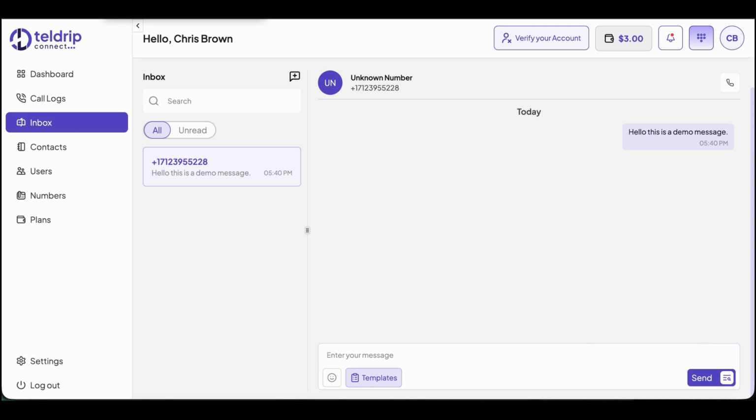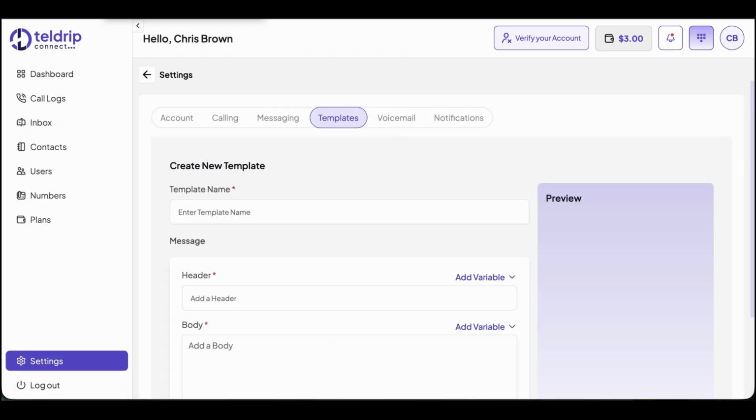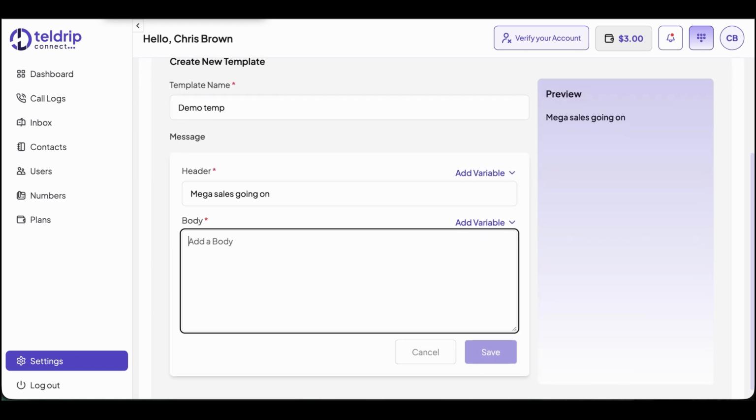Now in messaging, there's always a case wherein you have to message the same thing to multiple clients. So it's really hard to type the same thing again and again. So you can set some default templates. How do you set templates? Go inside settings, click on template, add new template, name it demo temp, mega sales going on, and you can type